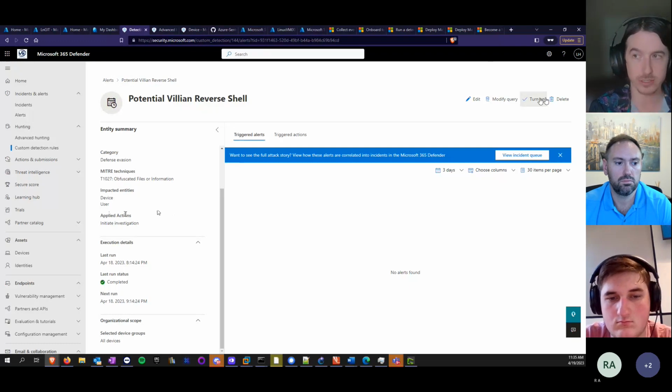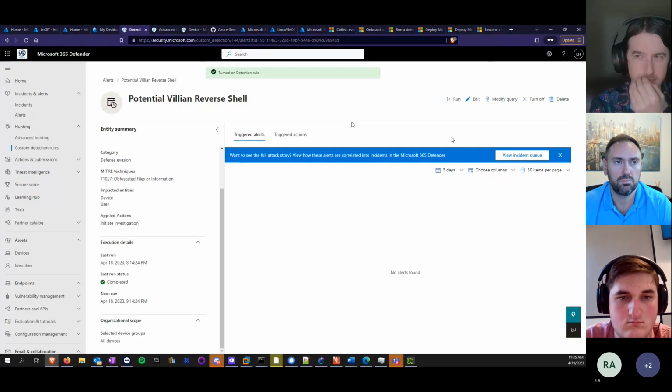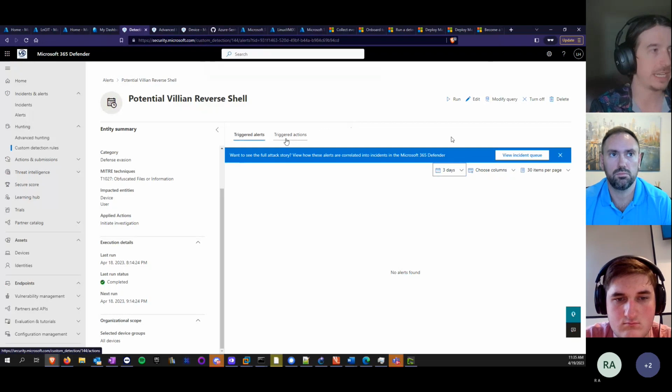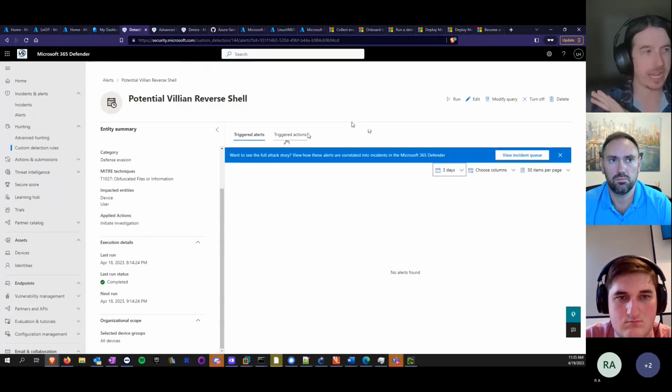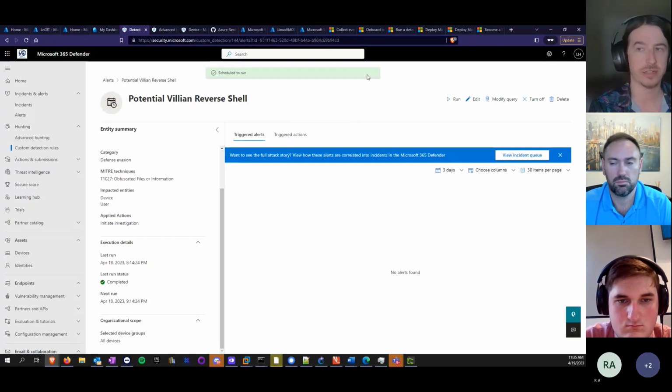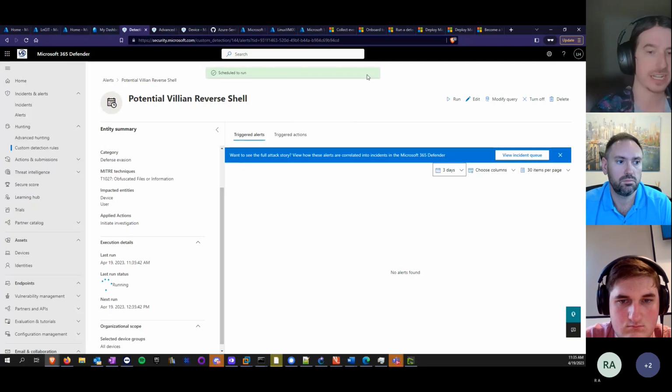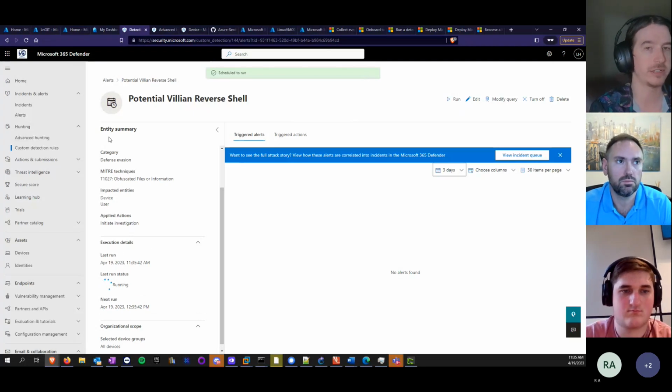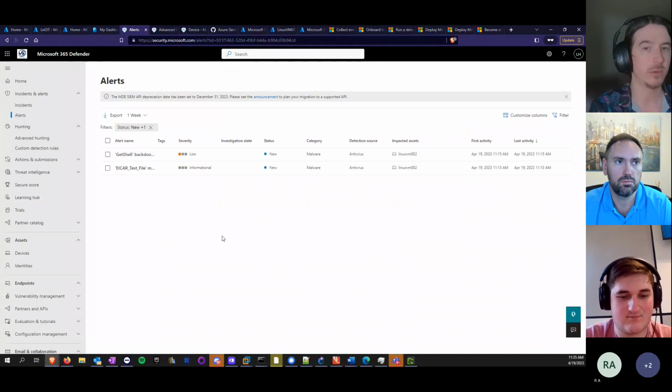So I'm going to turn this on. Okay, there goes the detection rule. So it's on. And then I'm not going to make any actions because you can basically take the machine offline pretty easily, and I don't want to have to revert from that. So I could make actions. I'm not going to in this presentation because it just makes everything a little bit more complicated. But I am going to run it here. So it does get scheduled to run. You can see it running down here. This will take a little while, but what happens is